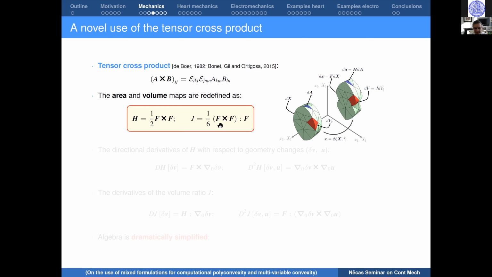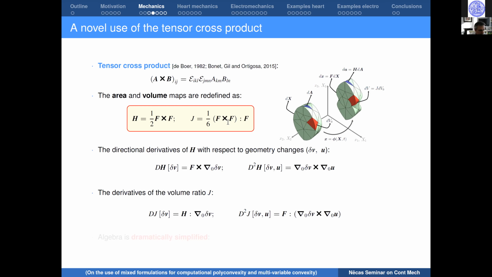If you use these definitions, then the linearizations that I was mentioning to you before suddenly become considerably simpler. Just to give you an example, the first directional derivative of the cofactor can simply be written like this, and the second